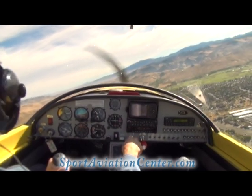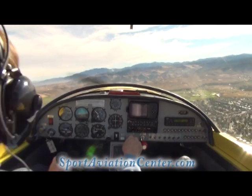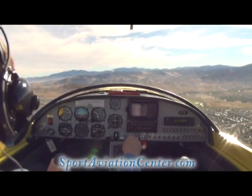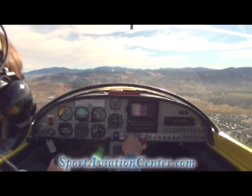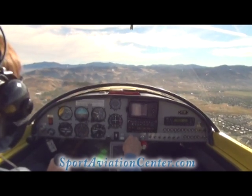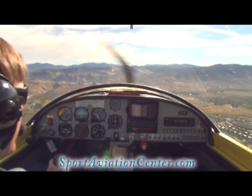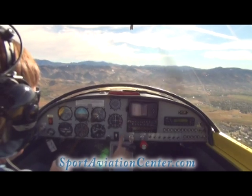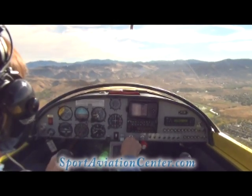Bring that power back a little bit more. Start slowing us down, get us ready to put our flaps down. Okay, we got a nice descent rate here starting. We're at 70 here, so we're going to put our flaps down for landing at half. There we go. Okay, now, when you put the flaps down, of course it wants to dive, so we're going to...